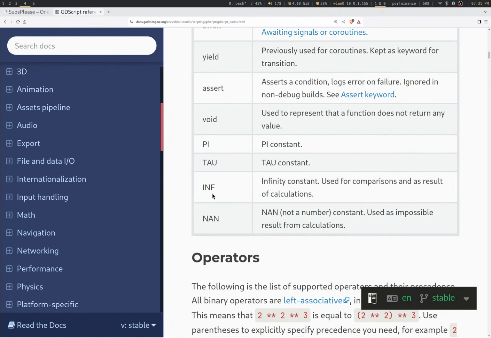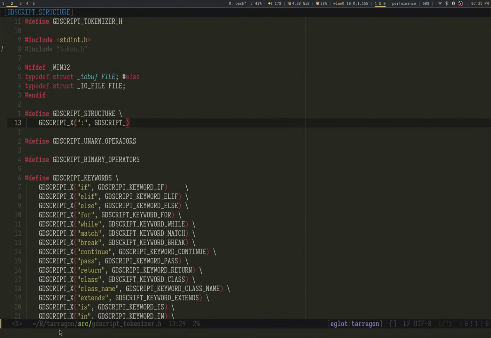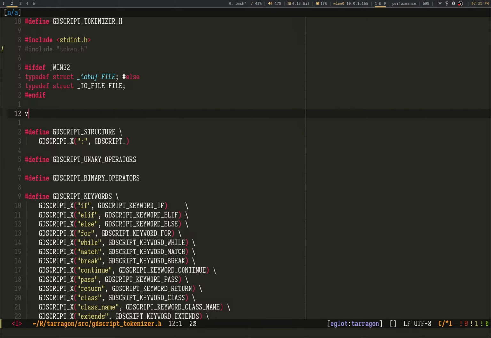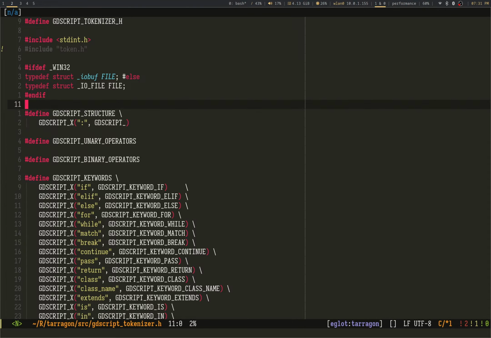In fact, I'm gonna turn this over to the chat. I don't know what's saying anything. So GDScript uses this to denote types, mainly in function parameter lists, and also people do things like var foo: type equals, and then they have the type, of course. So I'm just going to say this is the type delimiter. We'll call it that for now, even though I know I'm going to end up hating its name.